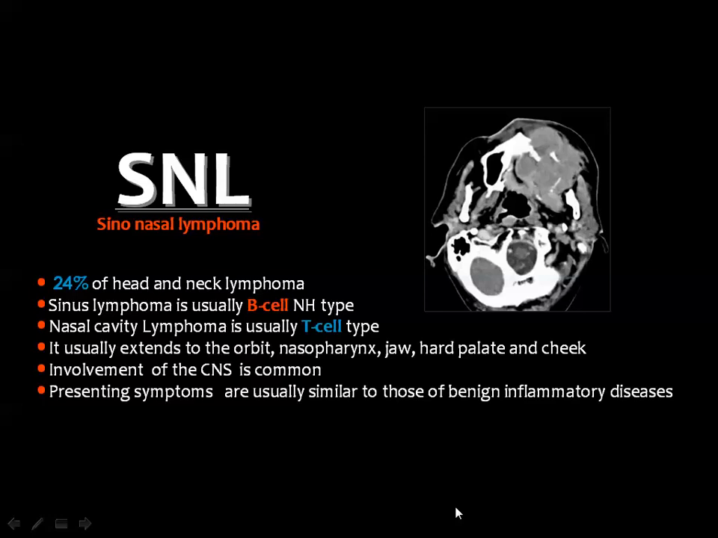And lymphoma affects the head and affects the skull base in about 24% of the head and neck lesions. It is usually of the non-Hodgkin B cell type, and the lymphoma of the nasal cavity may be of the T cell type. Lymphoma, as I have mentioned many times before, can involve the orbit, the nasopharynx, the jaw, any part of the head and neck can be involved by lymphoma. And also extension to the intracranium